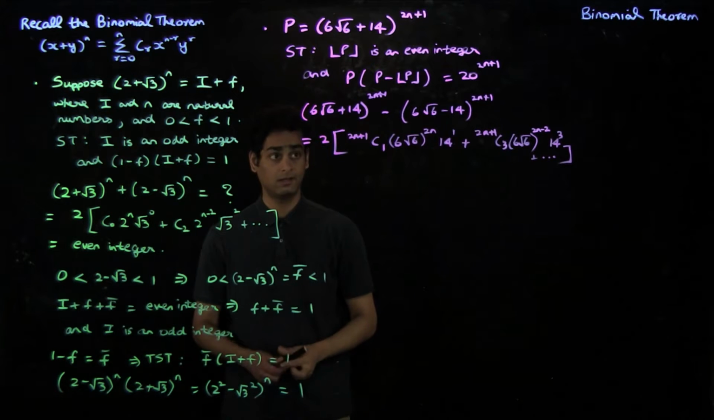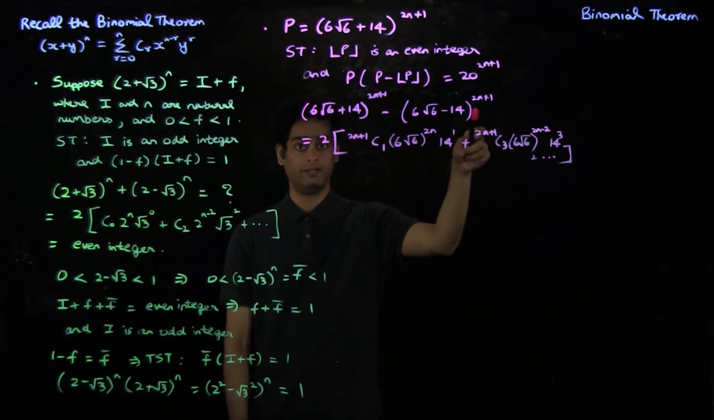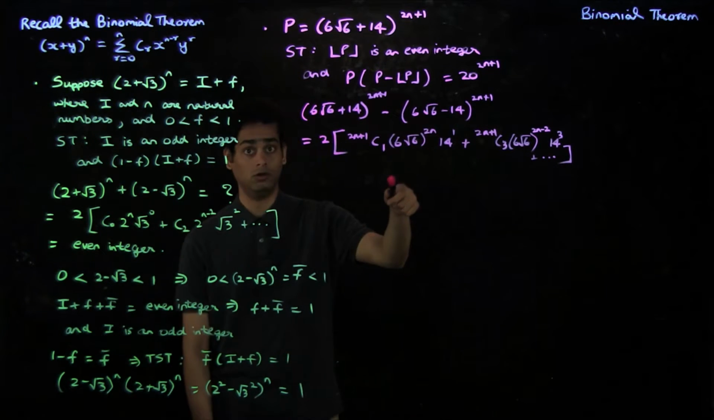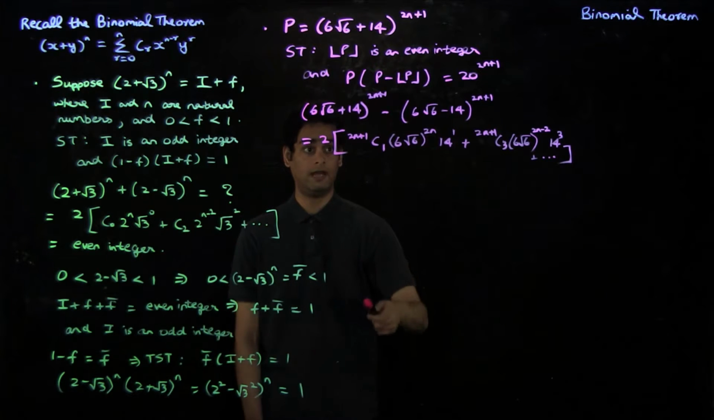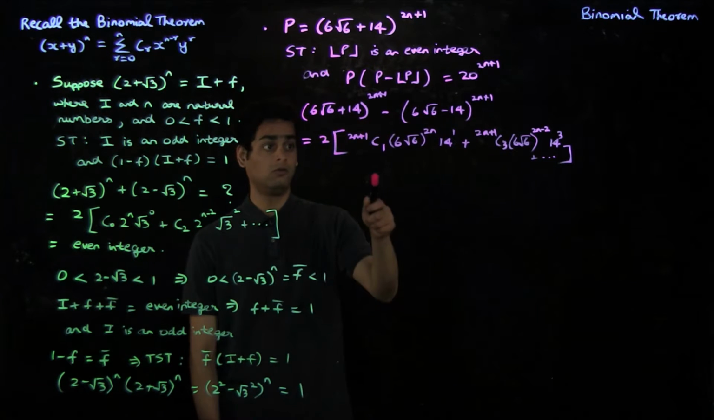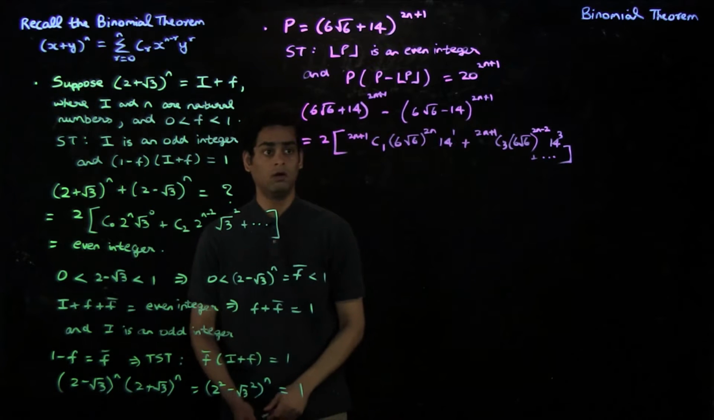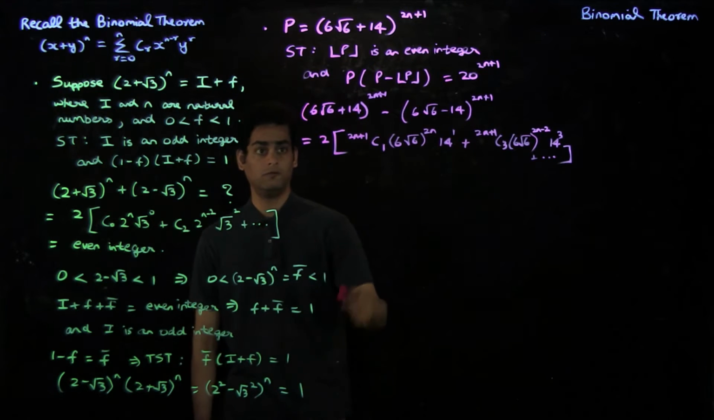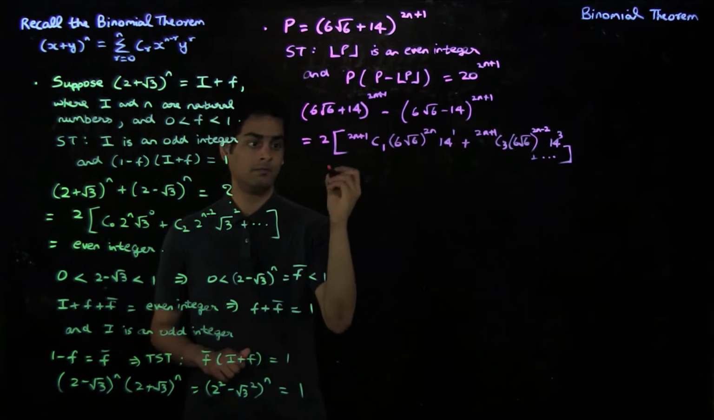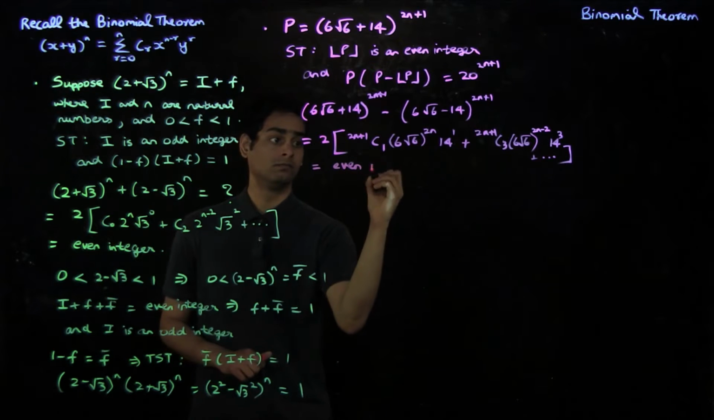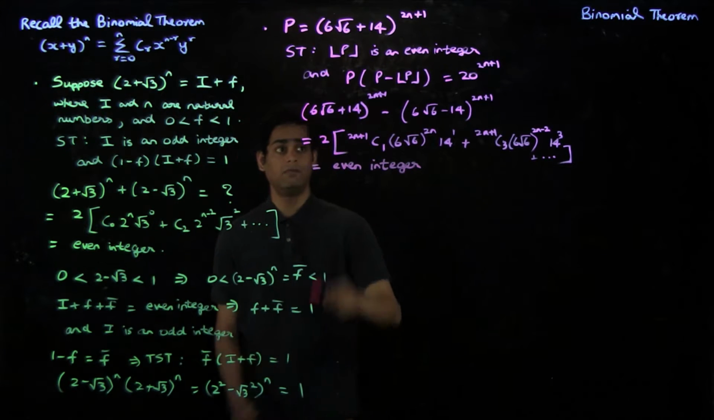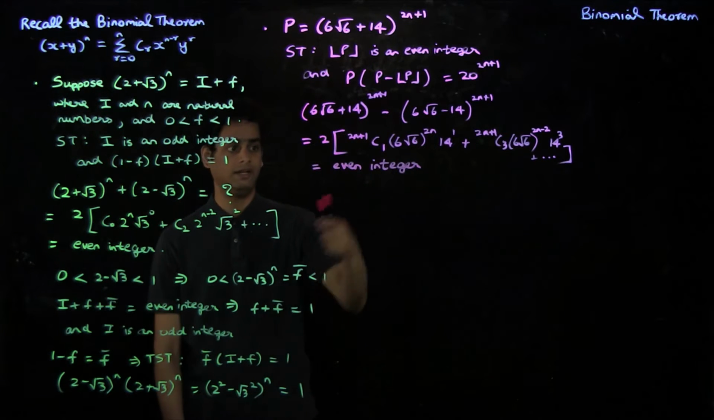So from this step, it is clear why we've subtracted (6 times square root of 6 minus 14) power 2n plus 1 instead of adding it, because now we want the square root of 6 to be raised to even powers. We only want those terms to survive, and we don't want the terms which have square root of 6 appearing to survive. So notice that all the terms inside the parentheses are now integers, and so this difference is nothing but 2 times an integer, and so this difference is an even integer. So we've shown that p minus this fraction is an even integer,